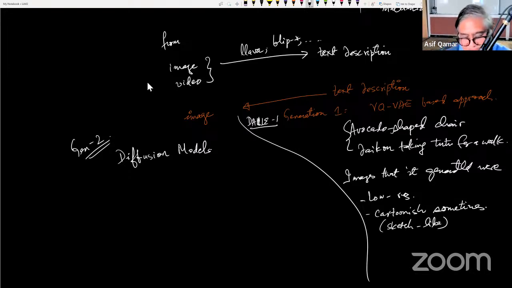Then came onto the scene a completely different way of approaching the problem. And this different way of approaching the problem starts with something that is worth discussing, and I'm going to do that. So when we come across the word diffusion,